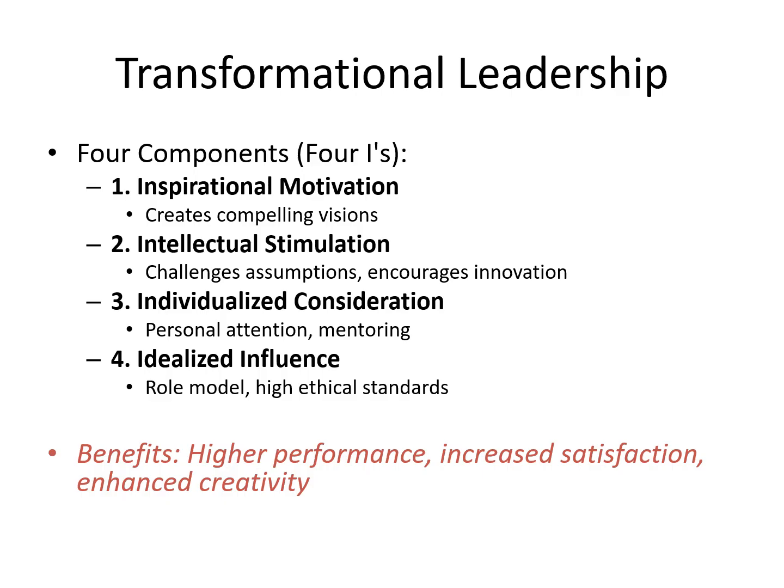Idealized influence, of course: role model, higher ethical standards. Then a role model is set up. If you need to achieve those visions, you need to have a role model who has already achieved those visions, who is sitting above. You need to idolize, then be influenced. It might be the leader, it might be a person who has already achieved it. But these are the four components of transformational leadership. Benefits of this are, of course, performance would be higher, satisfaction would be there, and creativity gets evolved here.